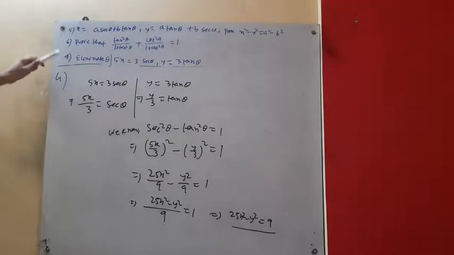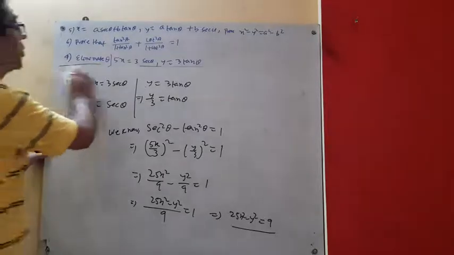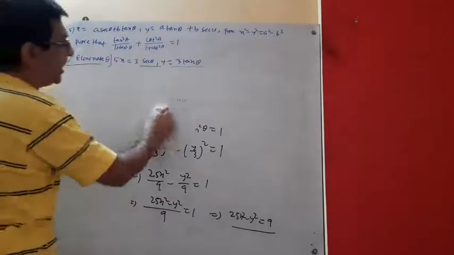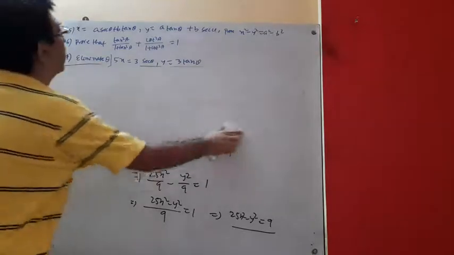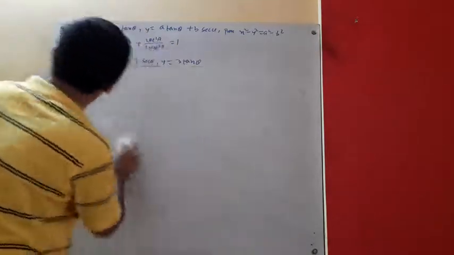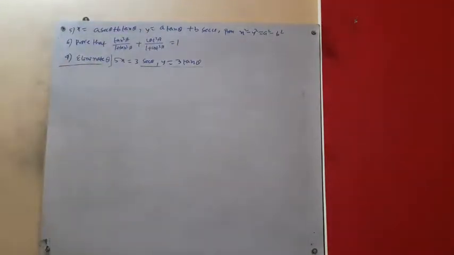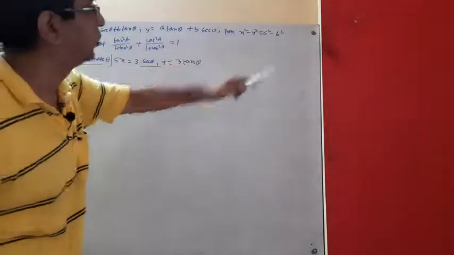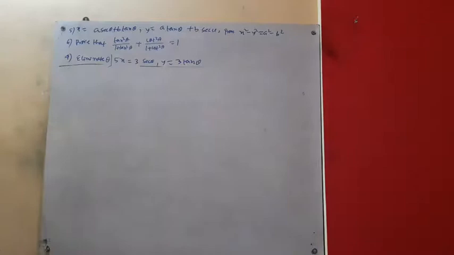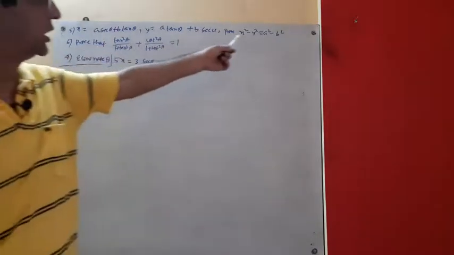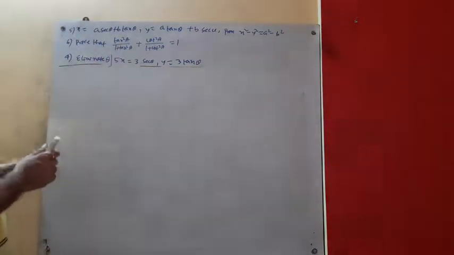Now we'll go to question number 5. That is also a very important one. Question number 5 is given x equal to a sec theta plus b tan theta, right? X equal to a sec theta plus b tan theta and y equal to this one. Prove that this one. That means this is also a type of elimination. Look, there is no theta business here. So what should I do?